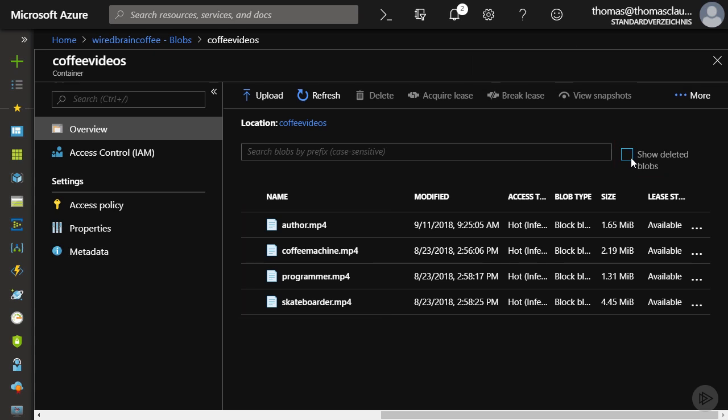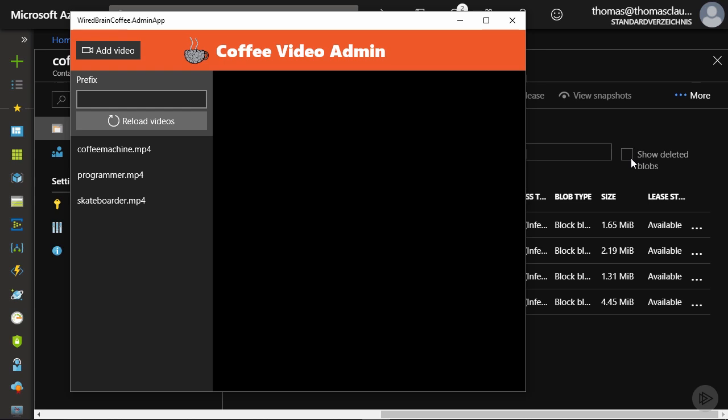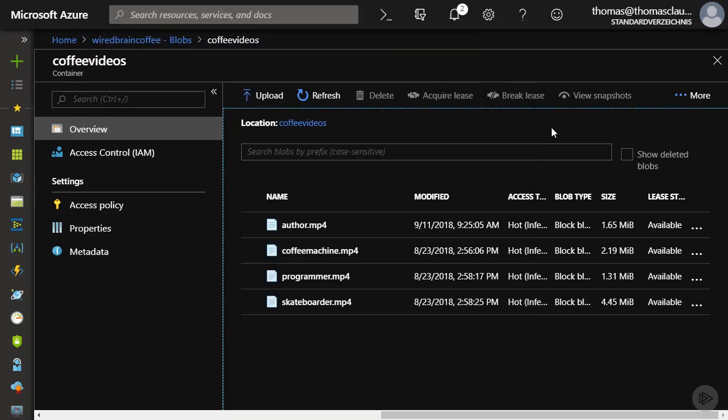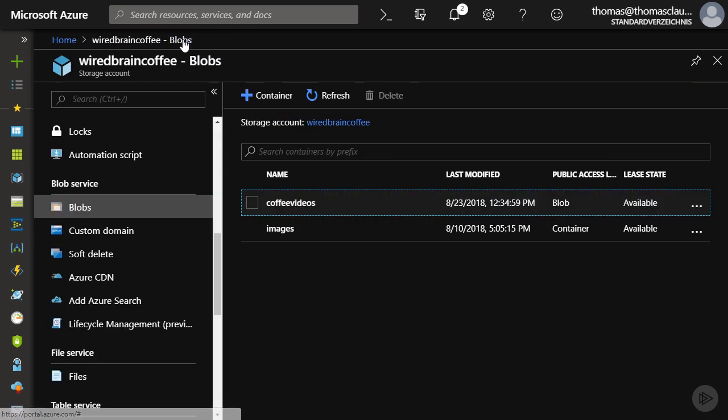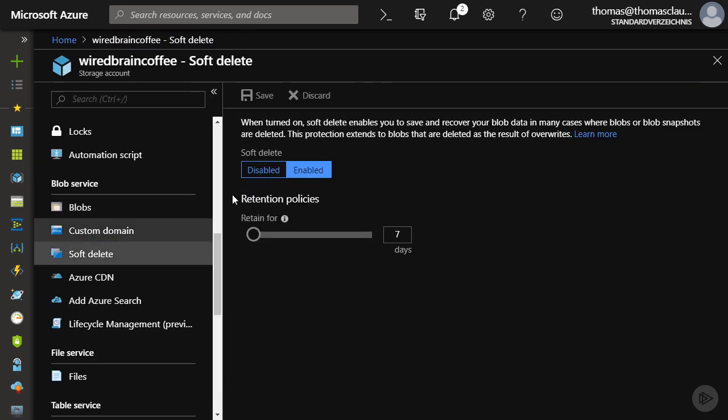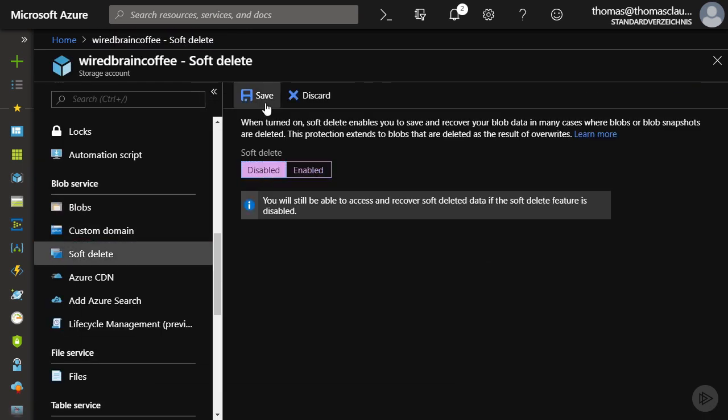Let's bring back the Coffee Video Admin application. Let's click here on Reload Videos and the author MP4 file is back. Great, so the soft delete actually worked. Let's go back to the Azure portal. Let's navigate to the WiredBrain Coffee storage account and let's disable the soft delete feature again as we don't need